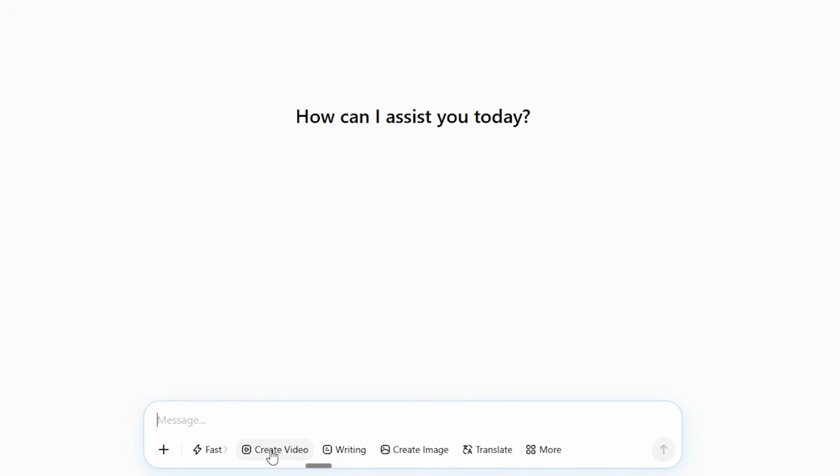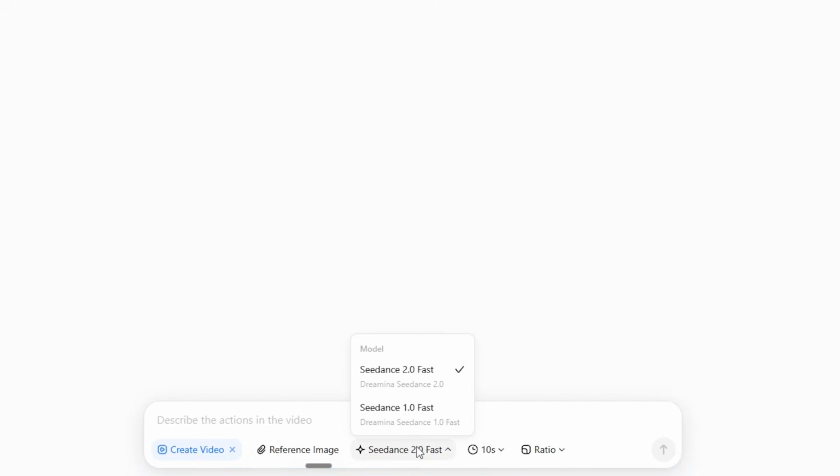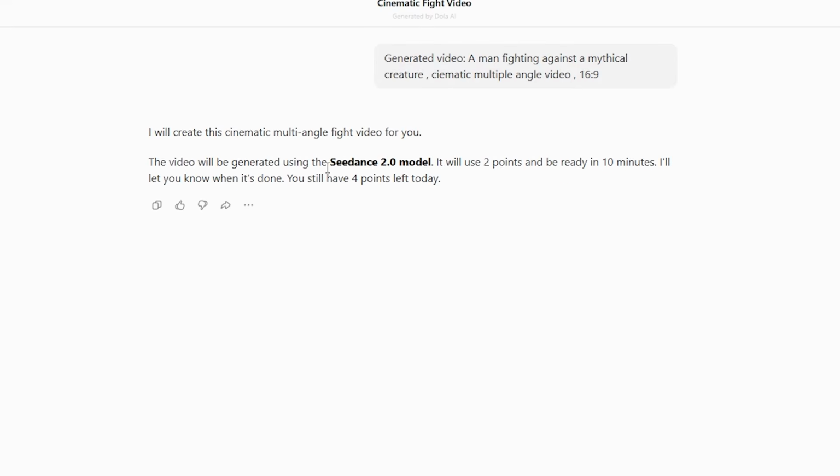We have create video. You can also use it for creating the images, but we're gonna go with the create videos, and from here we're gonna select the model Seedance 2.0 fast, and you also have the option to add the reference images, and you have the maximum duration of 10 seconds. Next we have the aspect ratios option. So let's give it a very simple prompt,